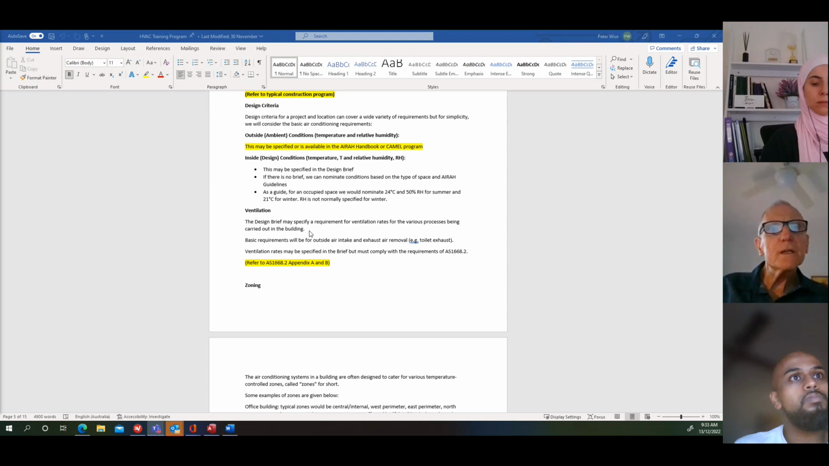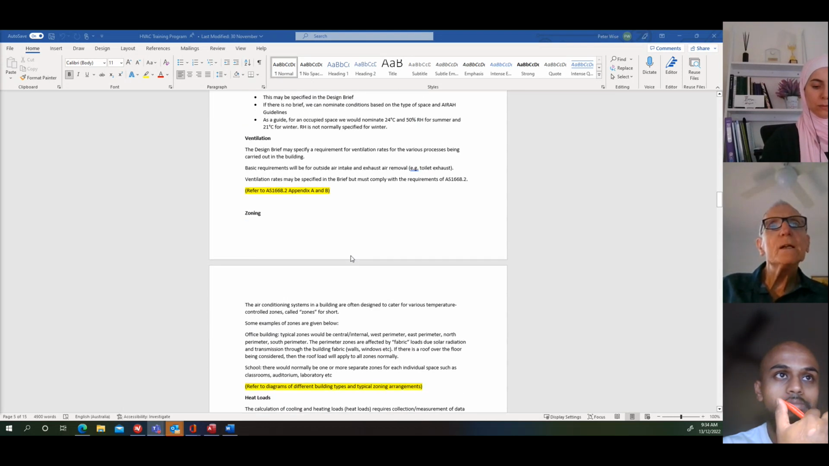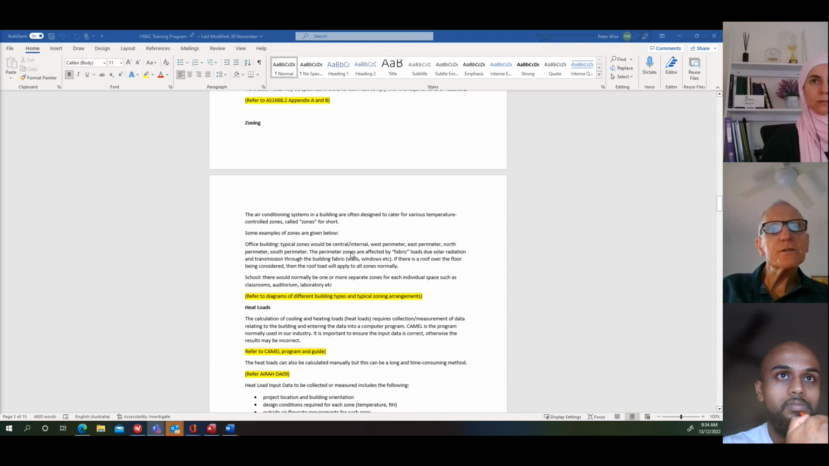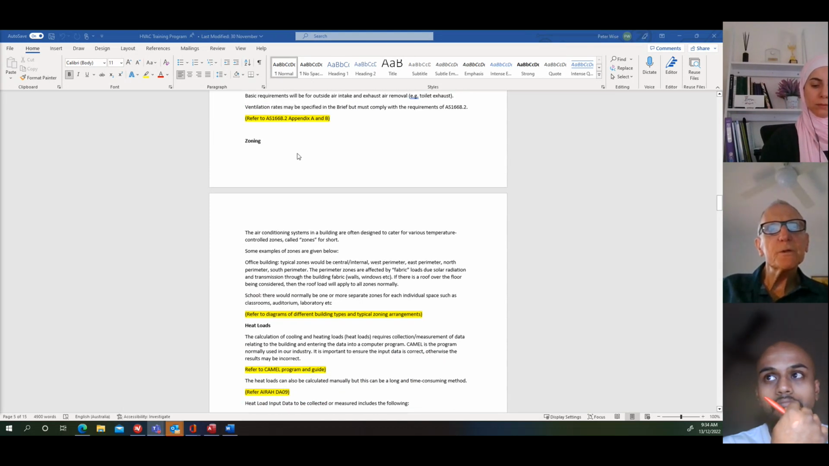Ventilation, we need to know what the ventilation rates are for the various processes. Again, for a commercial building, you'll have outside air intake and toilet exhaust, and there may be other exhausts required. The ventilation rates could be specified in a brief or specification, but they have to comply with AS 1668 Part 2. So that's obviously an important document. Now, there are lots of other things that you need to do when you do a heat load, but before we talk about that,